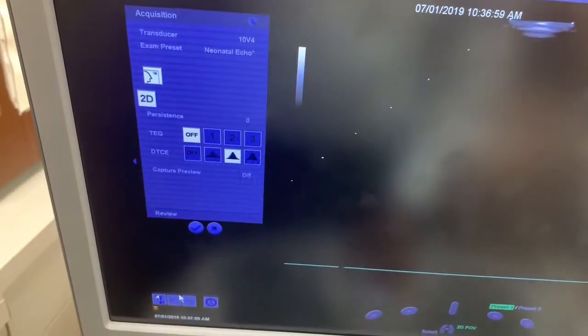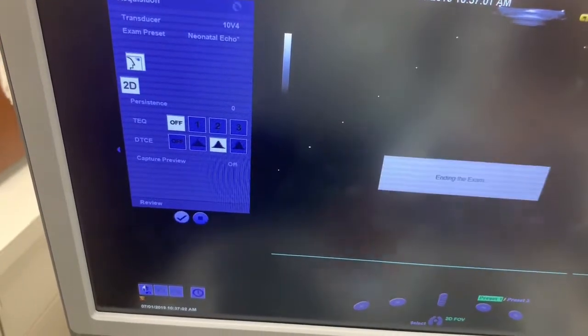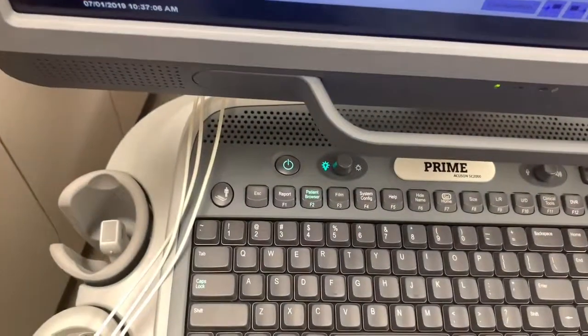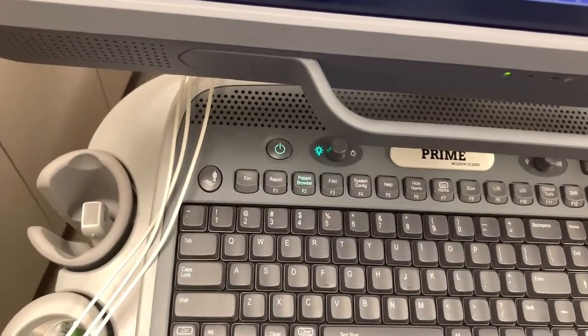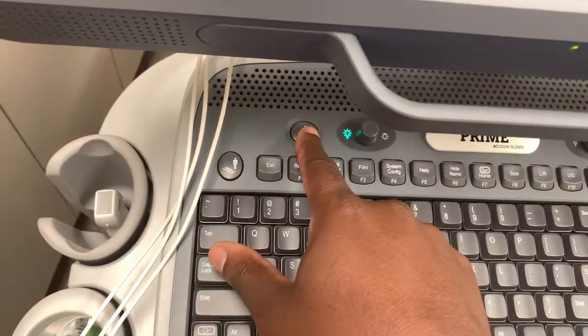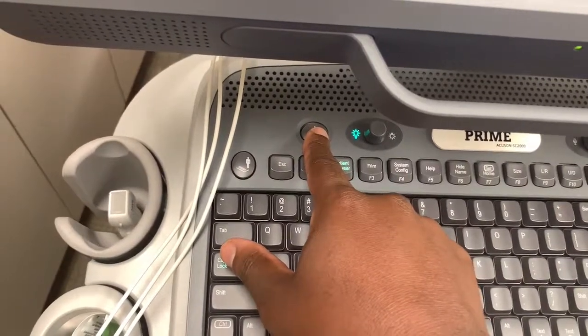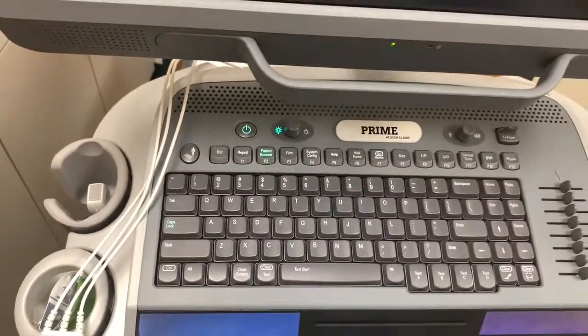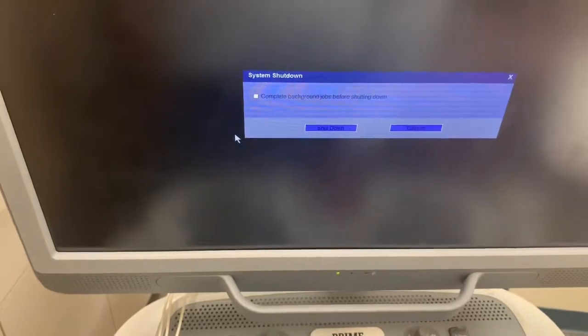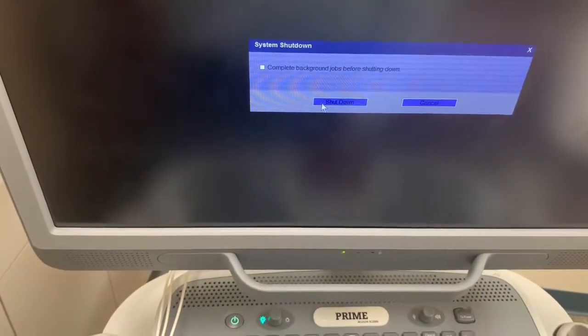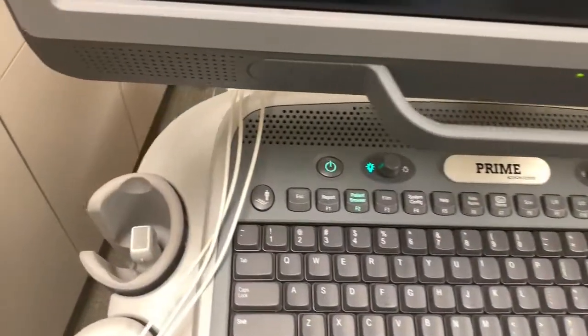After you're finished, simply end exam again, and then you can turn the power off. Remember to let it completely shut down, and when the light is blinking,